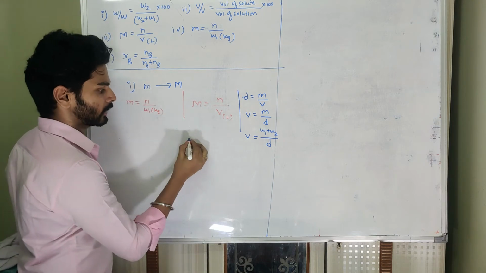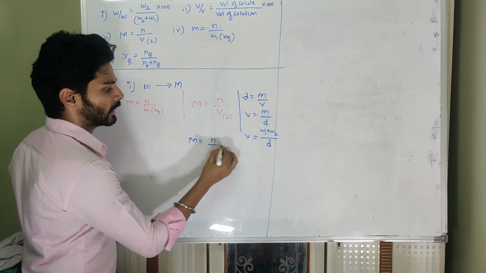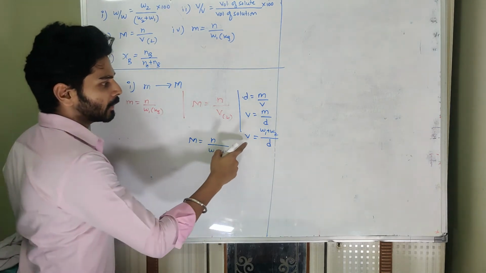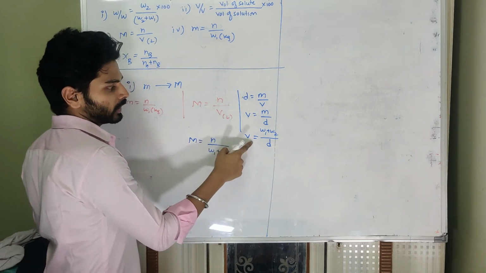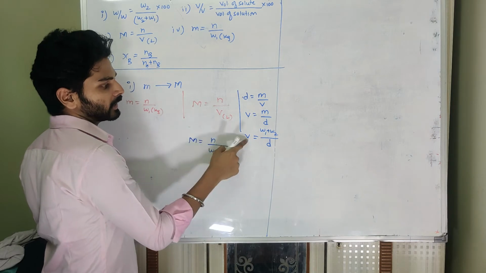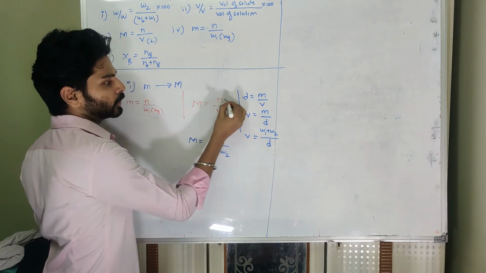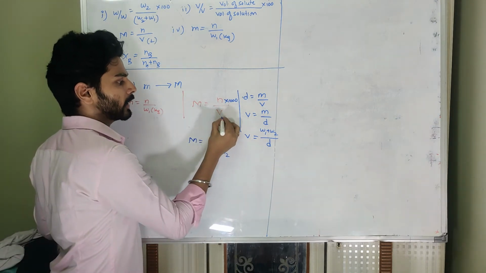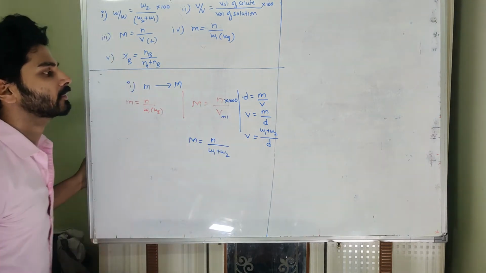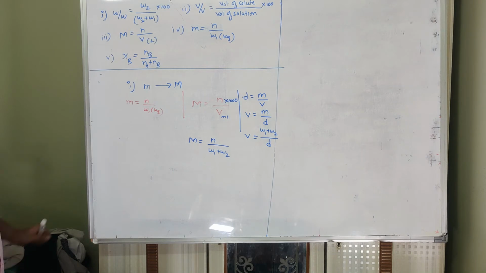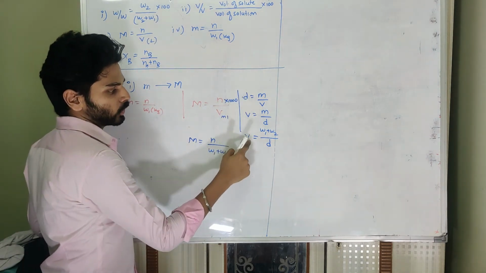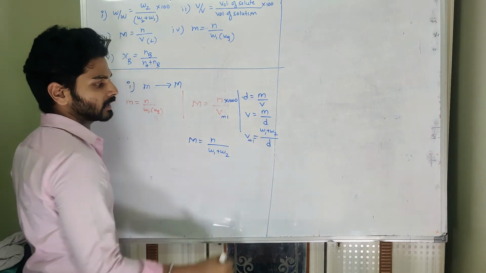So here M is equal to N upon W1 plus W2. But remember, this has to be in liter. I am taking V as volume, then I need to multiply with 1000. So now I am keeping volume in ml because I have divided with 1000. Because most of the time density will be in terms of gram per ml, whatever volume we get here will be in terms of ml.